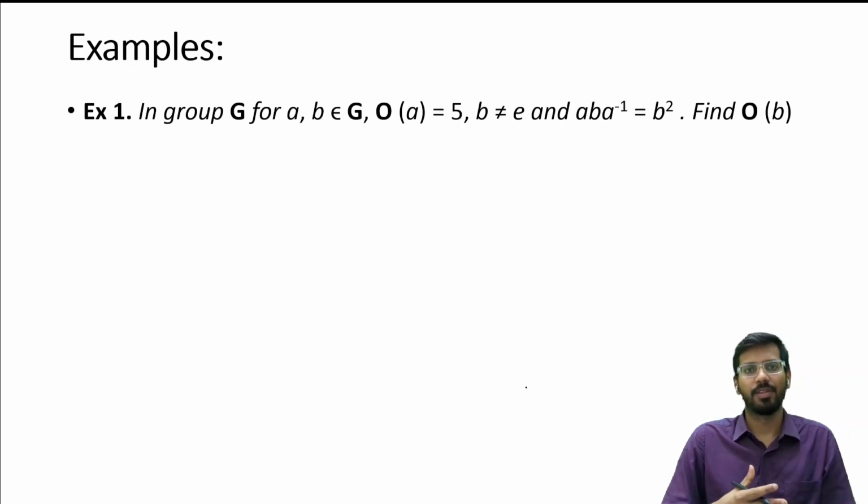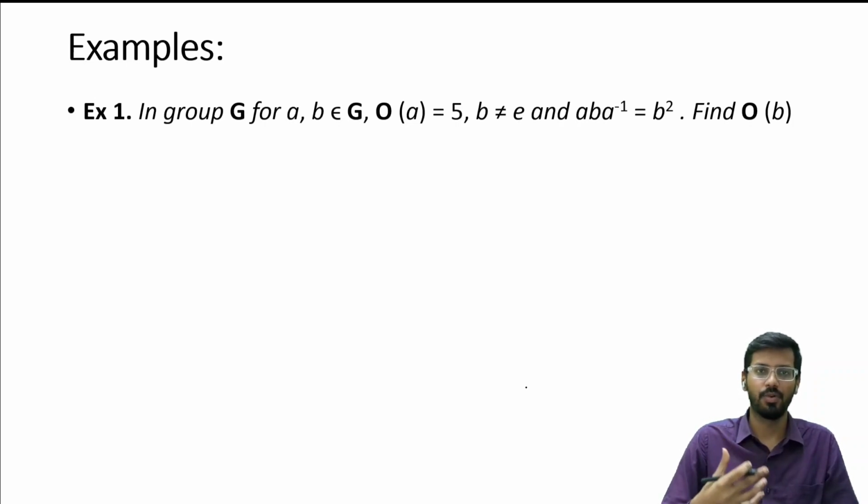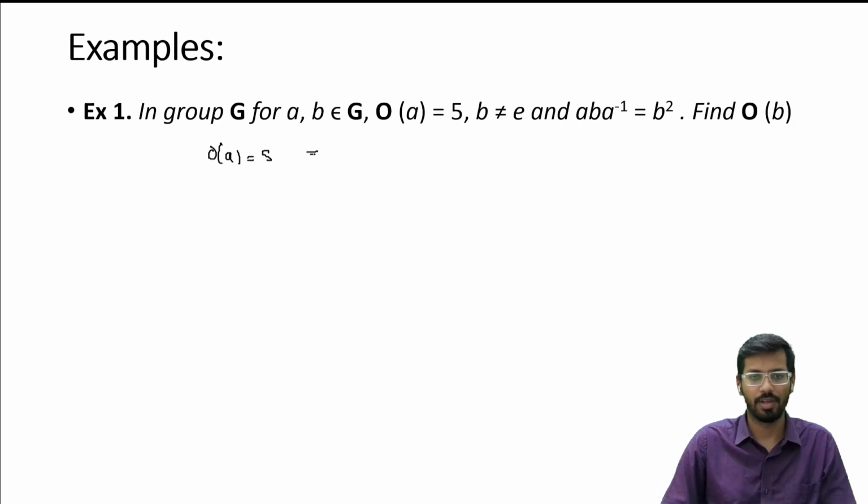ये बेसिक थ्योरम्स थी, इनको आप रिवाइज कीजिएगा तो आपको बेटर क्लियरिटी आएगी। ओके, और इसकी पीडीएफ भी मैं आपको लिंक पे दे दूंगा, तो आप इसको रिवाइज कर सकते हैं। नाउ वी विल टेक फ्यू एग्जांपल्स। इफ वी टेक ऑर्डर ऑफ a इज इक्वल टू 5, ओके, दैट मीन्स a raised to power 5 is equal to identity element. Okay, now we have to find order of b given that